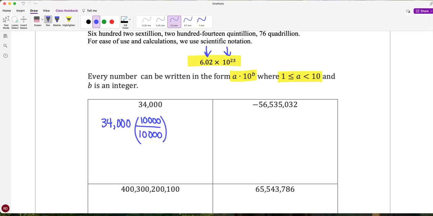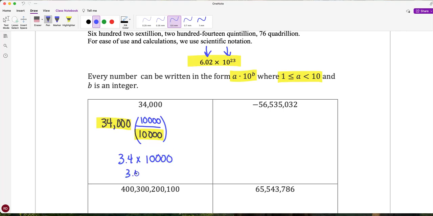That's just the number 1. Now, what is 34,000 divided by 10,000? All that means is the decimal is going to move 4 places to the left. So that is 3.4 times 10,000,